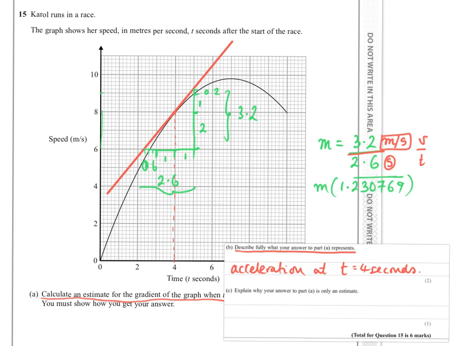The last part of the question says explain why your answer to part A is only an estimate. Well, I think I alluded to that at the very beginning. It depends how accurate your tangent is. So, for example,